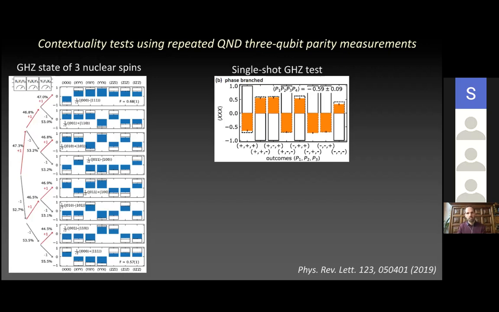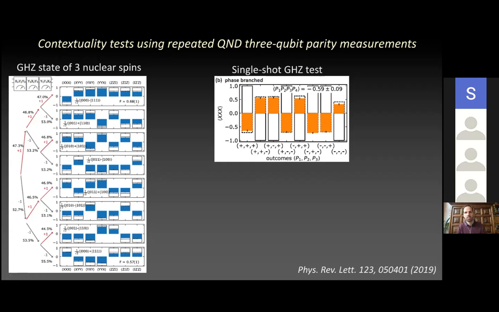Now, what is interesting of this system is that you can actually do this experiment in a single shot. And the way to do that is that you do the same that you do on the left side, but then you add a 4th measurement. And the 4th parity is actually x1, x2, x3. And no matter what happened on this side, the x1, x2, x3, here in this case, it should always give you a +1 outcome, whereas the quantum mechanical prediction is the -1 outcome. And so by just doing that measurement immediately afterwards, so you basically do all 4 of them in one go, you should see -1 in the quantum case and +1 in the classical case.